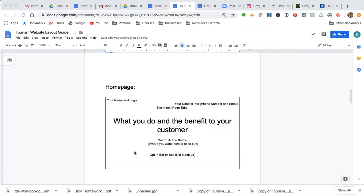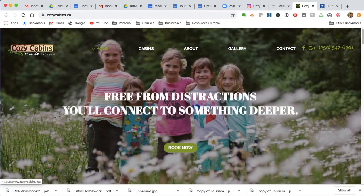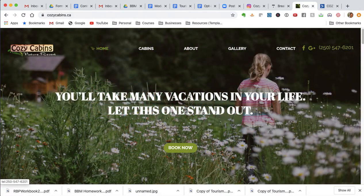So let's look at this first section before we get too deep. Let's look at what that first section really looks like. So here we've got Cozy Cabins. Here's who we are. We've got all of our tabs across the top. We have our phone number so people can easily figure out how to get a hold of us. And then here we have that bold statement that